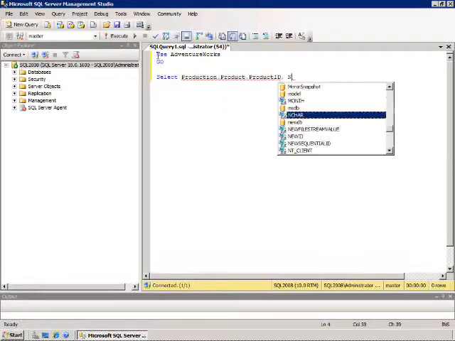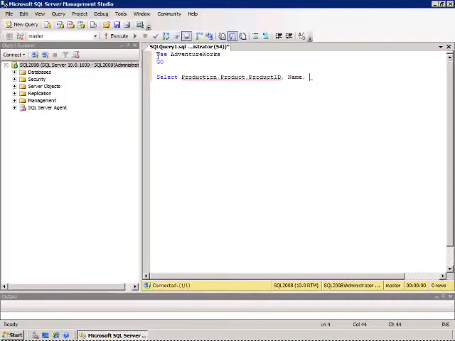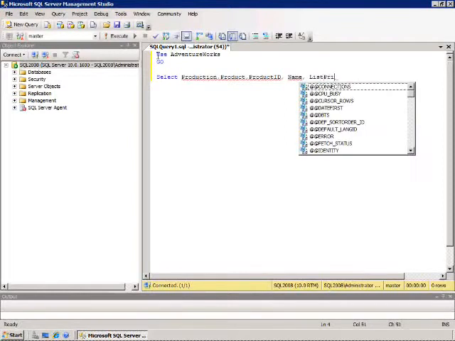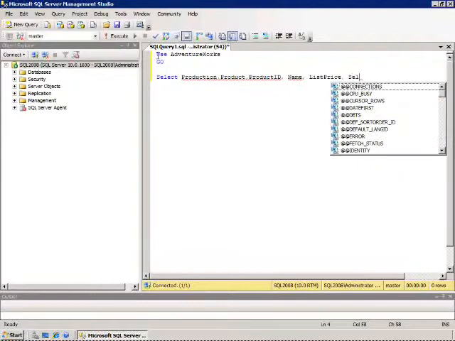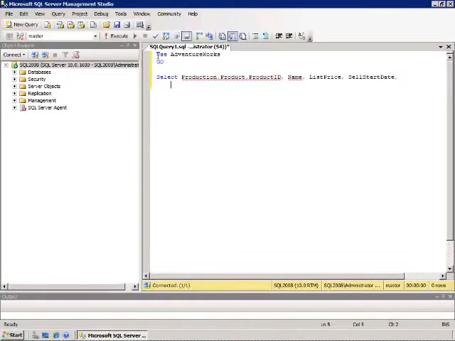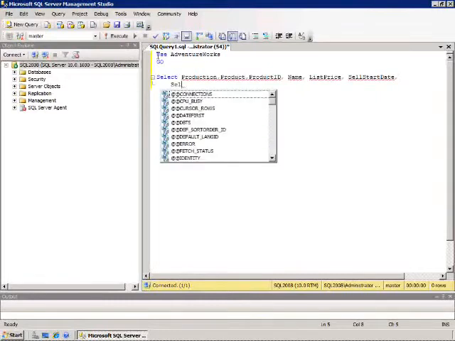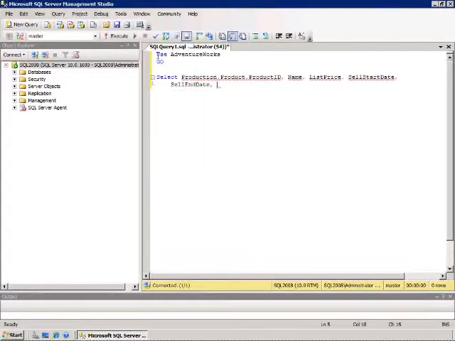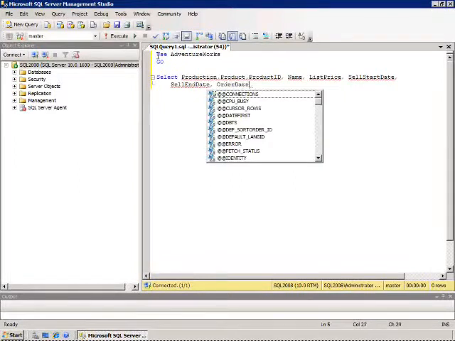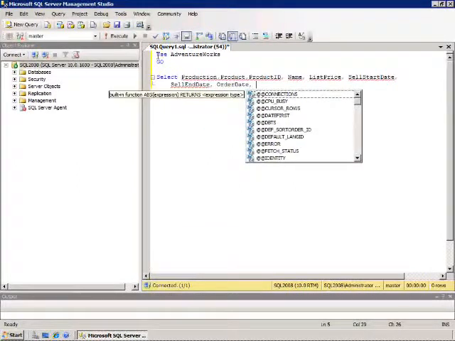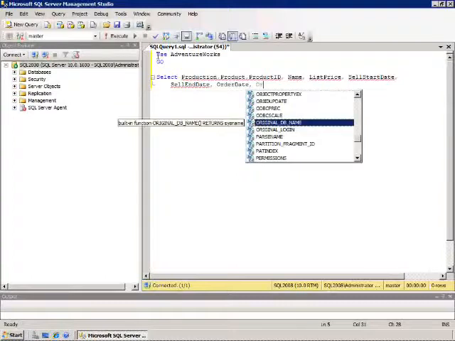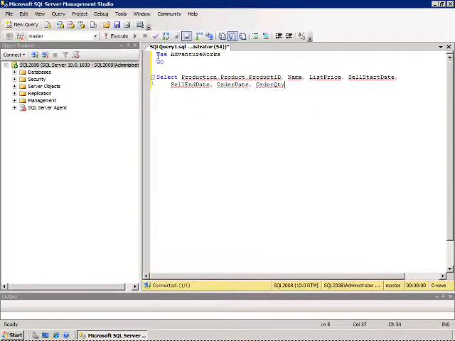the name, list price, a sell start date, a sell end date, order date, and finally order quantity. I'm going to select those from my Production Product table,